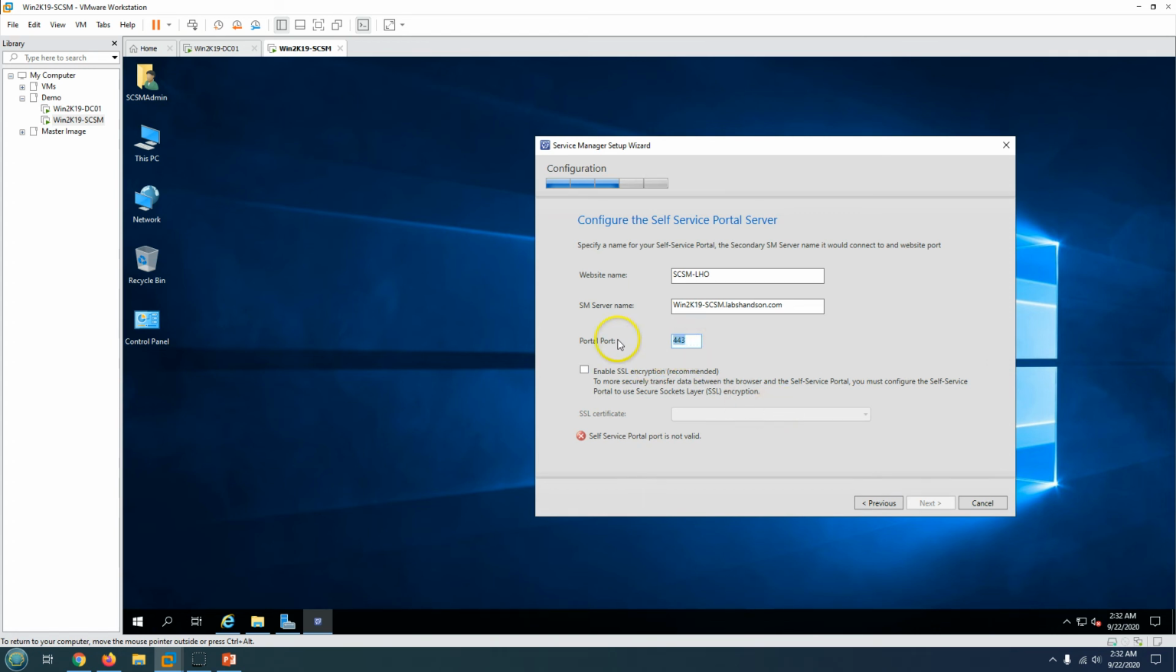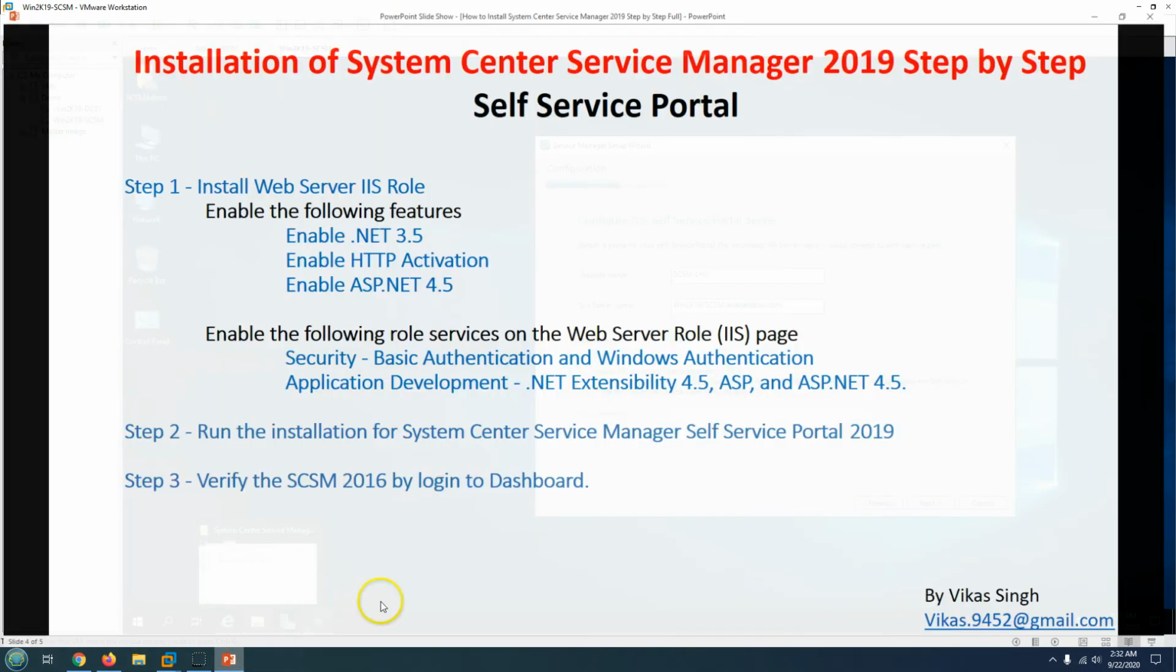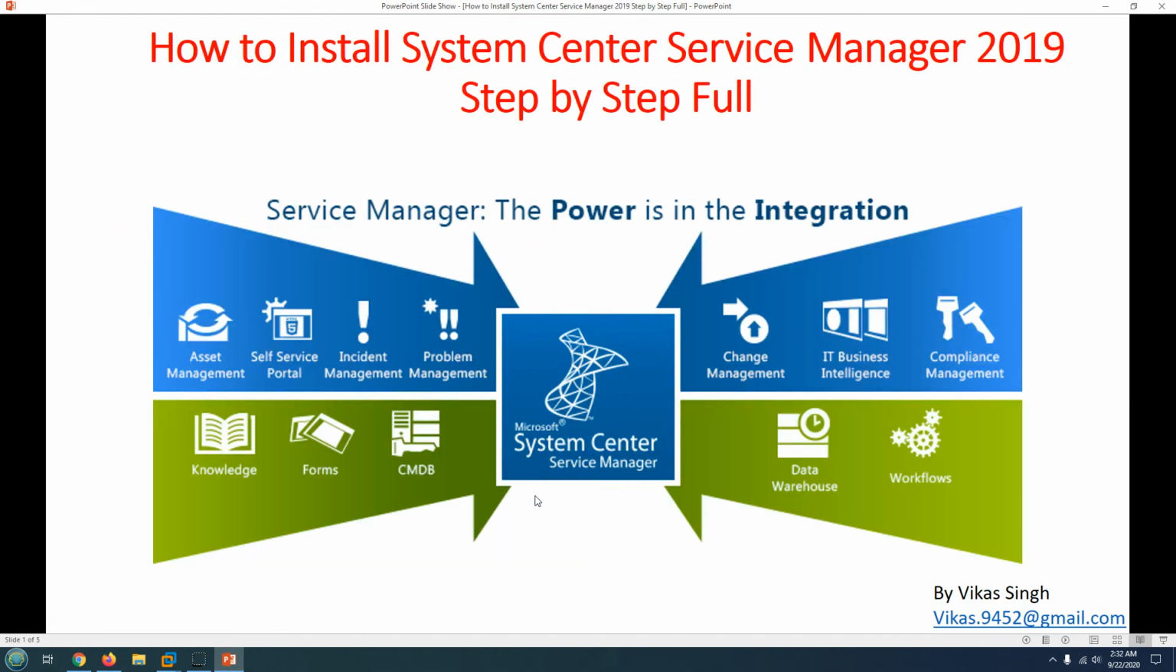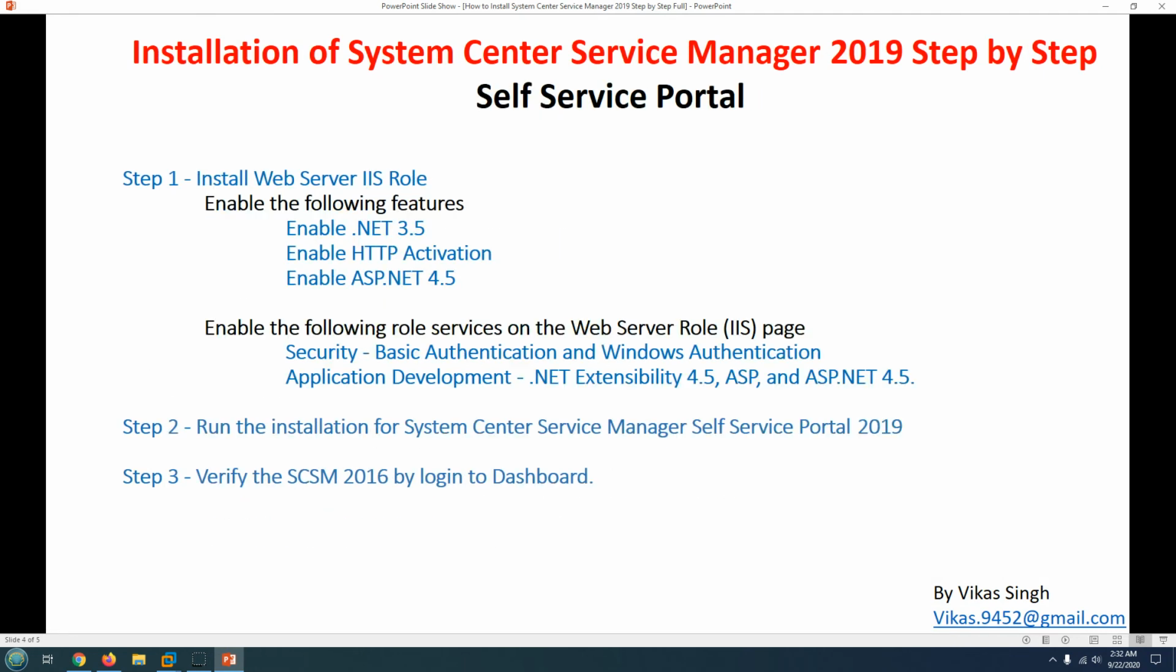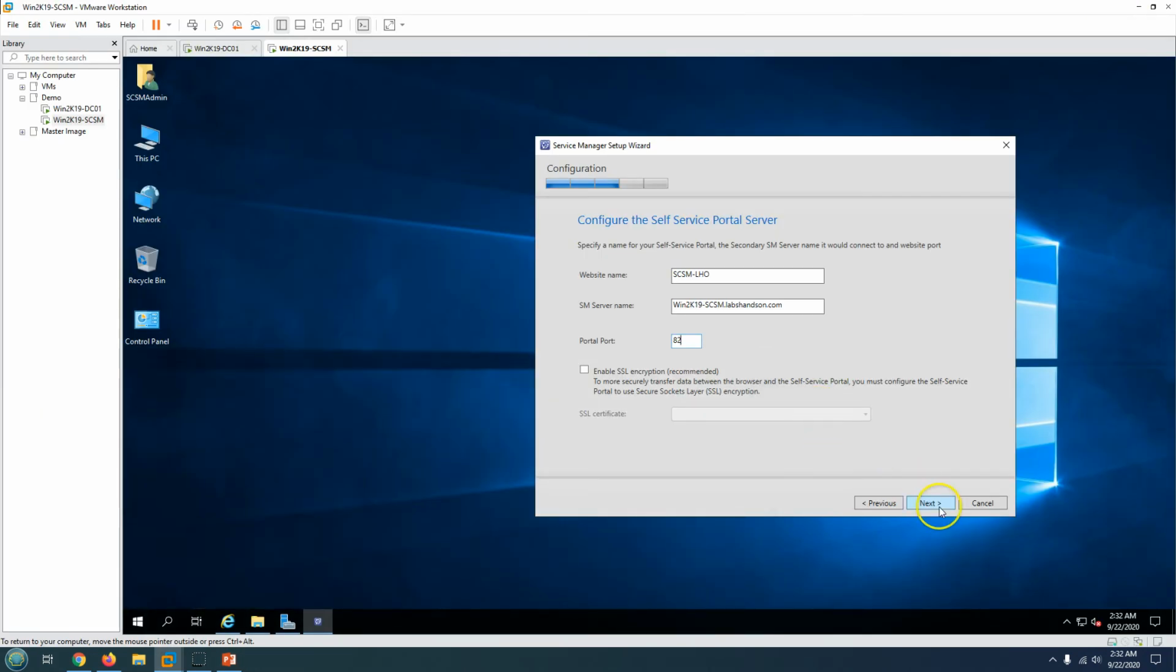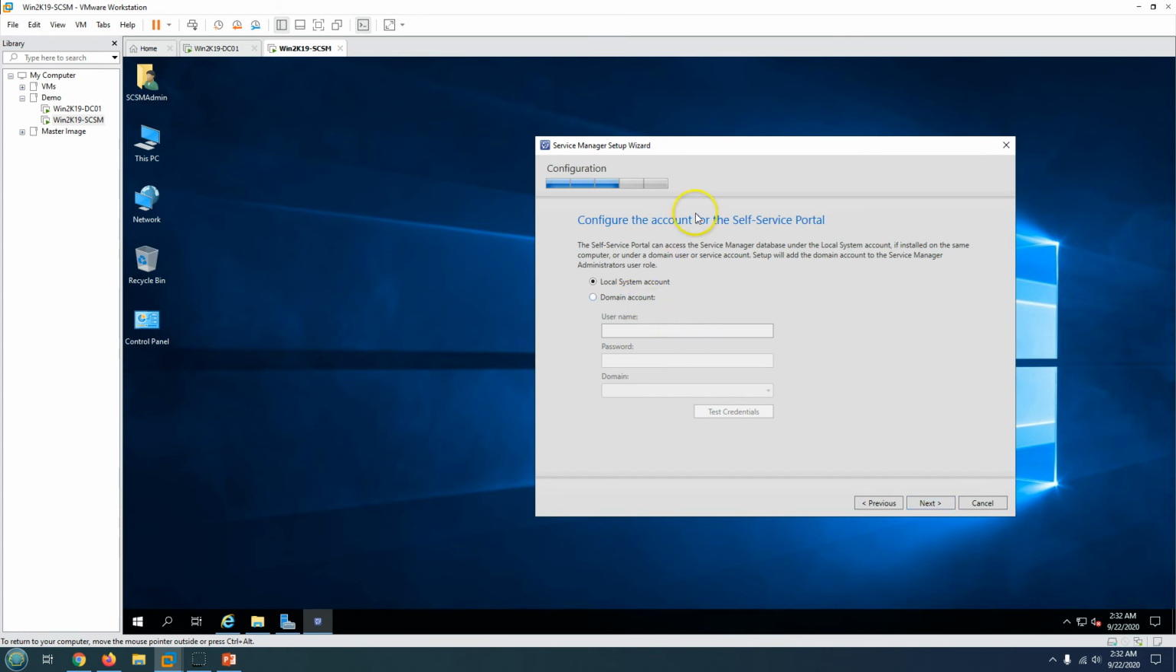So you can see this port is in use, so I guess we are required to, since this is the SSL port, provide some other port. So 82 I'm going to give. So from here I'm going to give this and click next, and now I'm going to give the service account for the